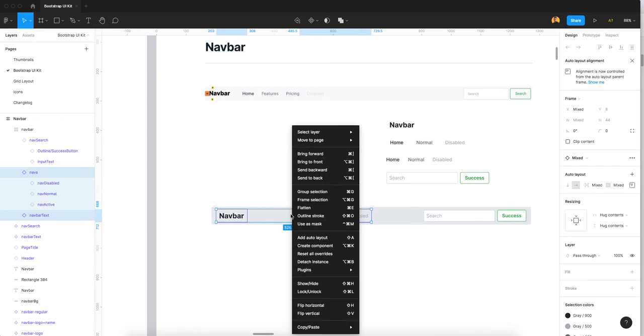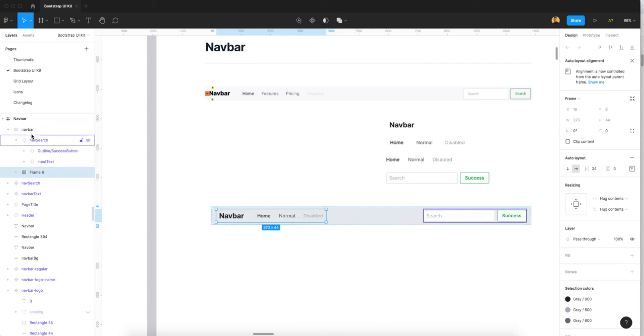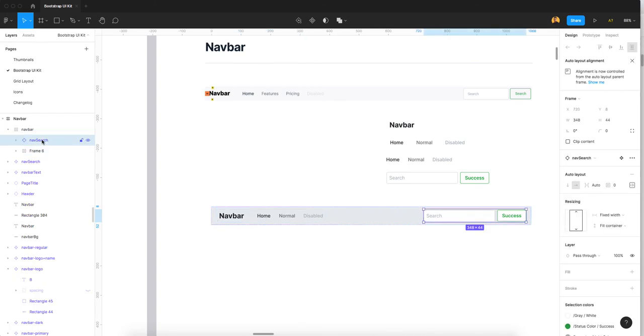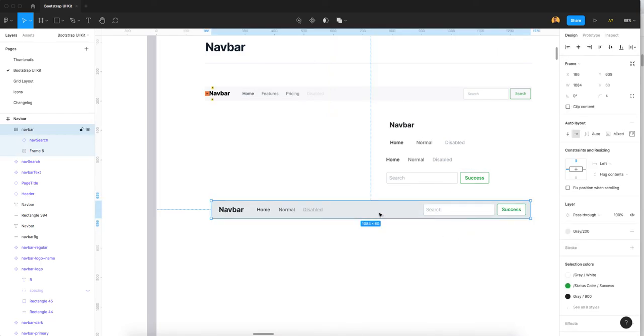I go here and add auto layout and remove this space, because if we create an auto layout, the space between is 24. See, now this converts into individual and this converts into navbar search. Now you will see you got the result, but you can't do this in overlap because it's not responsive. So this is our navbar Figma component.